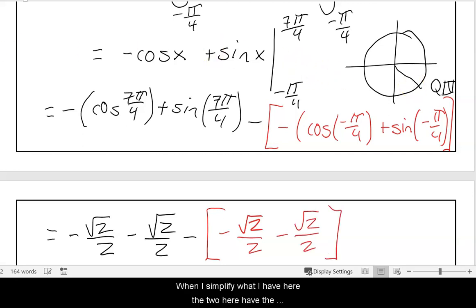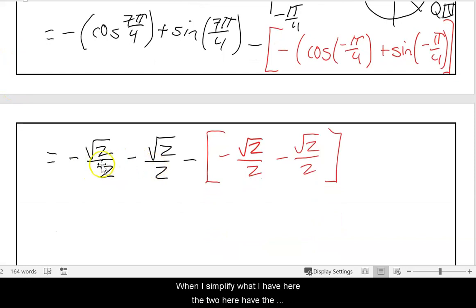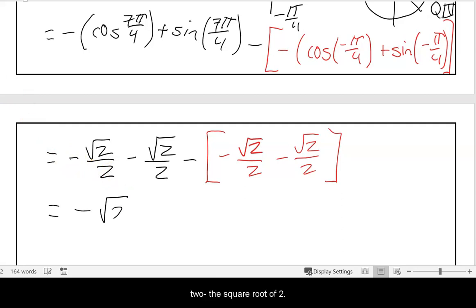When I simplify what I have here, the 2 here have the same sign and a common denominator, so I can add them and get 2 square roots 2 over 2, negative, which reduces to negative the square root of 2. Inside the parentheses, the same thing happens. I have a common denominator of 2, they have the same sign, and adding gives me 2 square roots of 2 over 2, negative. That causes the 2's on the outside to cancel, and will give me instead negative the